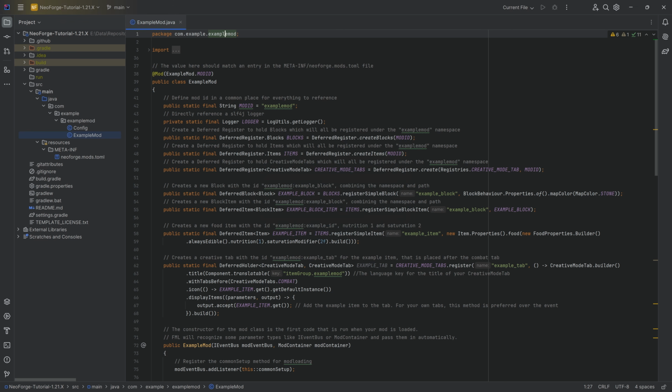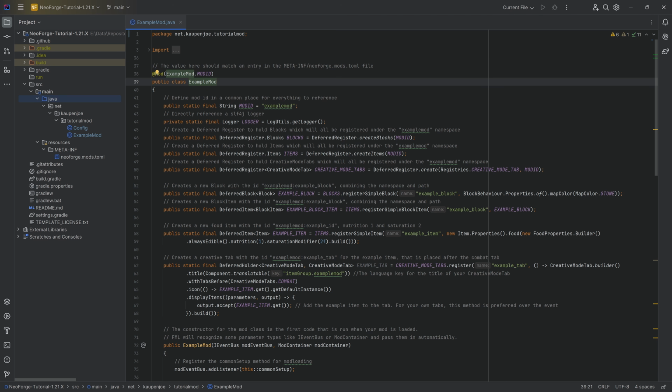We'll then hit refactor, which is going to then move the classes. So you can see in our project folder now, under Java com example, there's nothing in there, but under net Kaupmjo tutorial mod, both the config as well as the example mod classes are now situated right there. So in our case, we can then delete the com package. Once that is deleted, we want to change 2 names. Number 1, the name of the class.